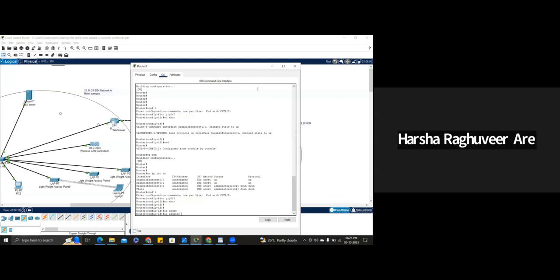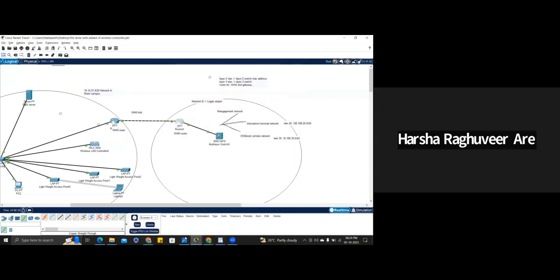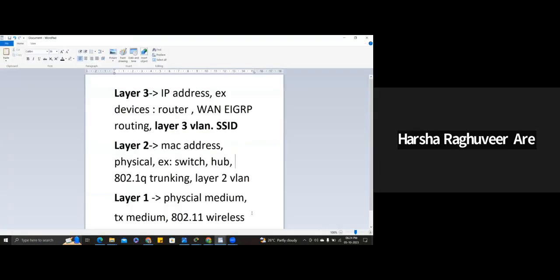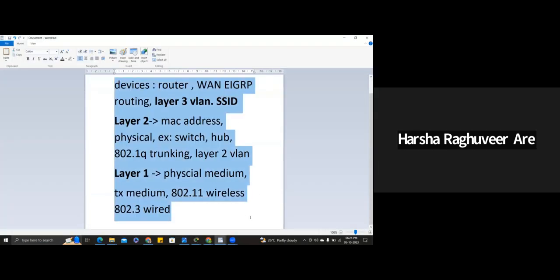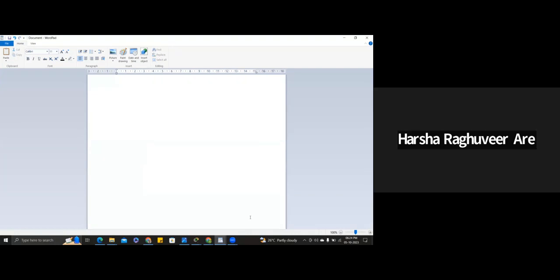So before I add the IP address, I need to ask you a question. Let me go to the whiteboard again. So I have 2 points, point A and point B. So I only need 2 IP addresses. With a subnet mask, I only need 2 hosts. With a subnet mask,